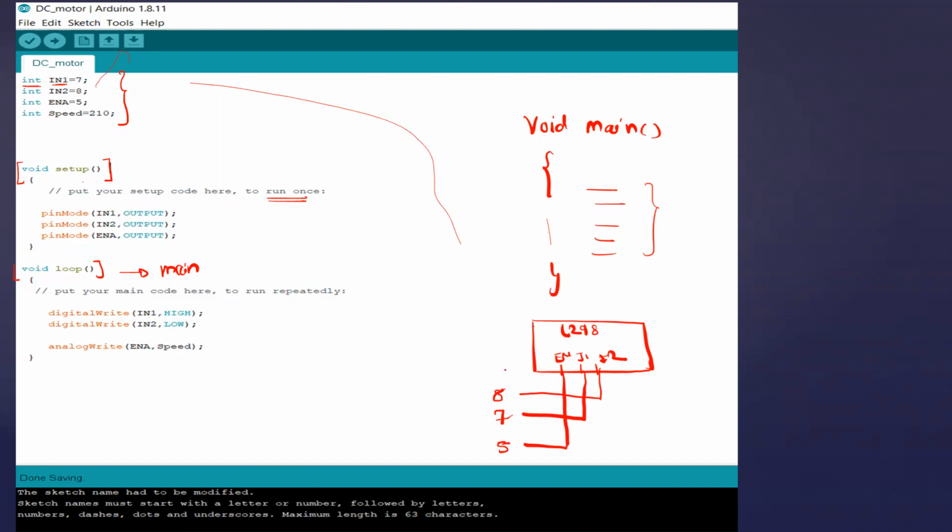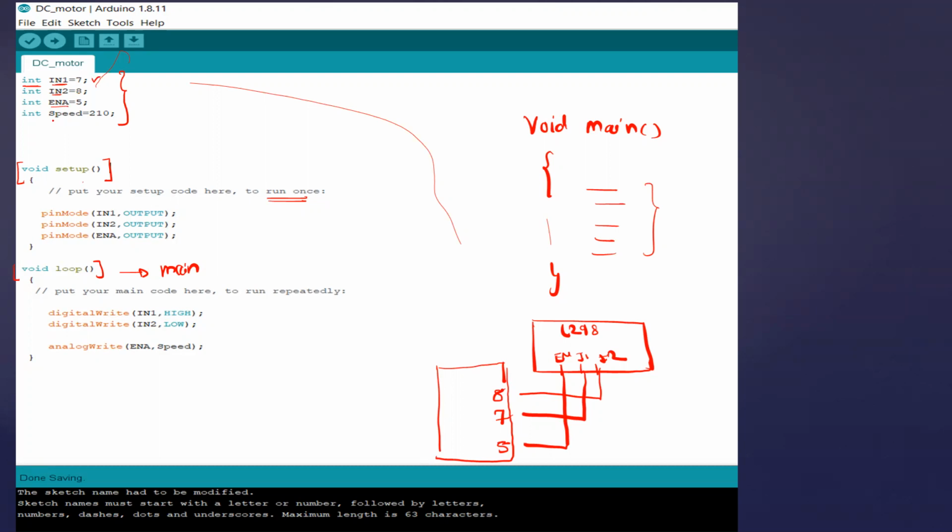These are the pins from the microcontroller. So we are just defining these pin numbers. Input pin 7, you can use any variable name here, capital or small letters. Then the second is input 2, that is pin number 8. Then ENA, the enable pin, is connected to pin number 5 on the microcontroller.